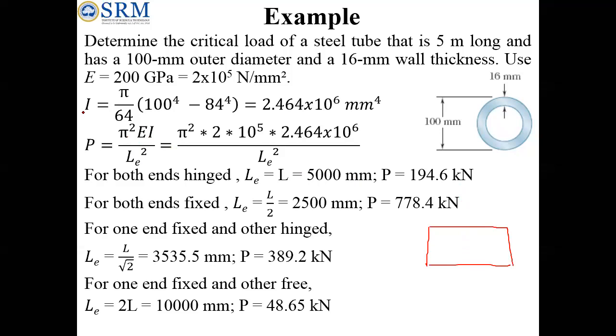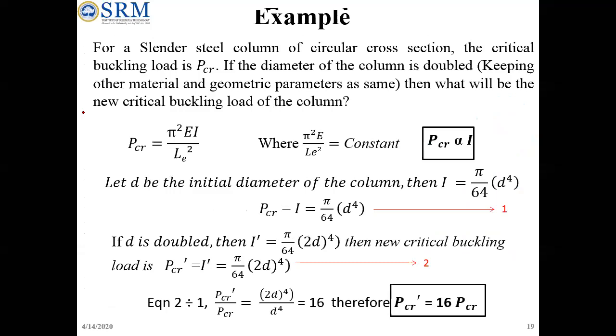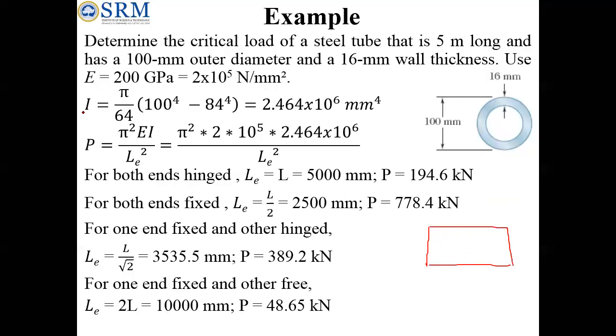Say for circular cross section, the formula is the same. Ixx and Iyy are the same. And for square cross section also it is the same. For rectangular cross section, I cross section, T cross section, we'll have a different formula for Ixx and Iyy. So we need to use both formulas to find the moment of inertia value. And suppose Ixx is smaller, then I need to take that value for doing the calculation.